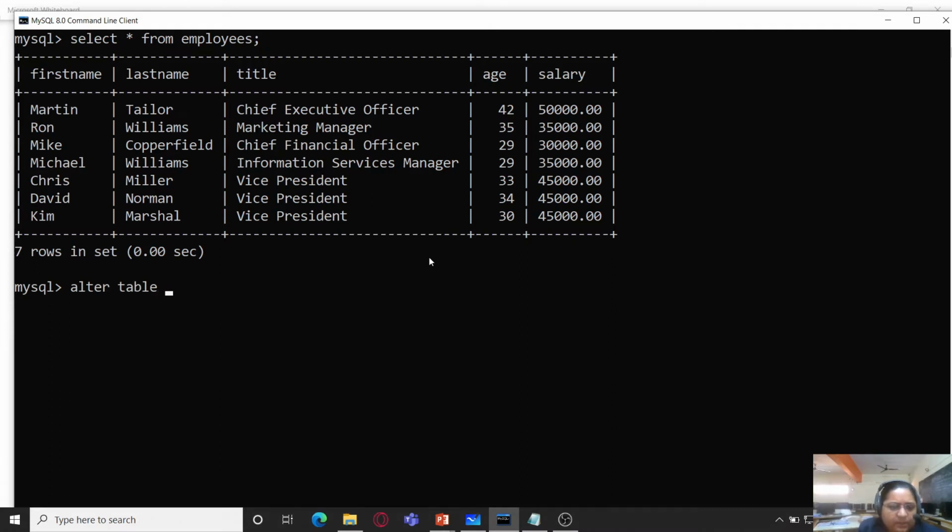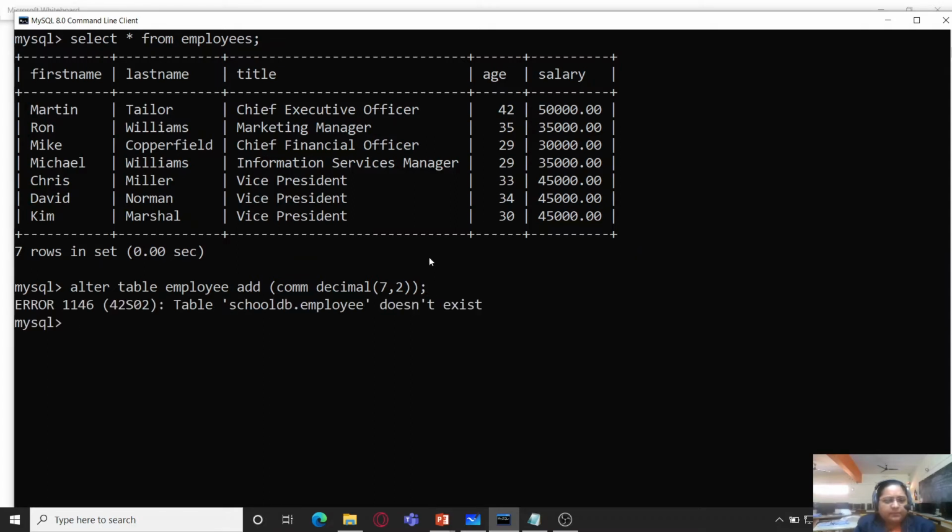So alter table. Now because it's a single line, I'm going to type this query on a single line, and it is possible for me to edit SQL queries on a single line. So that is why I'm not changing the line over here. Alter table employee, add com decimal 7 comma 2, and that's all.